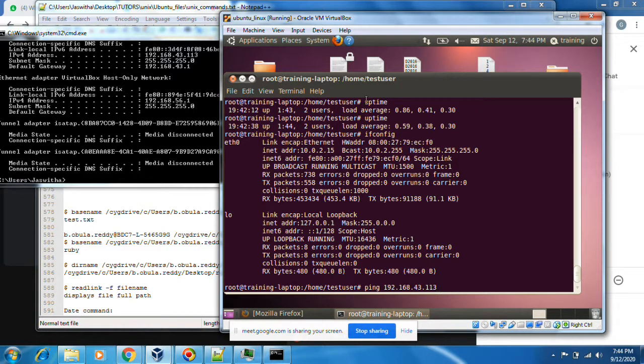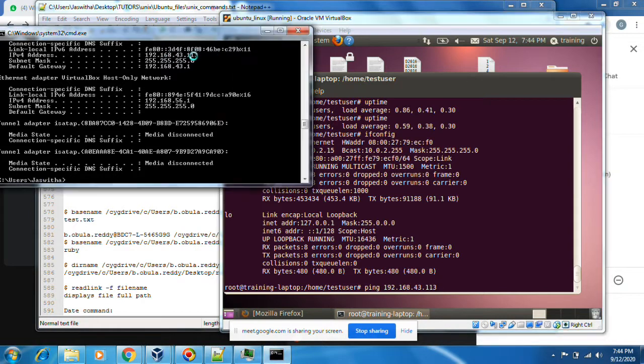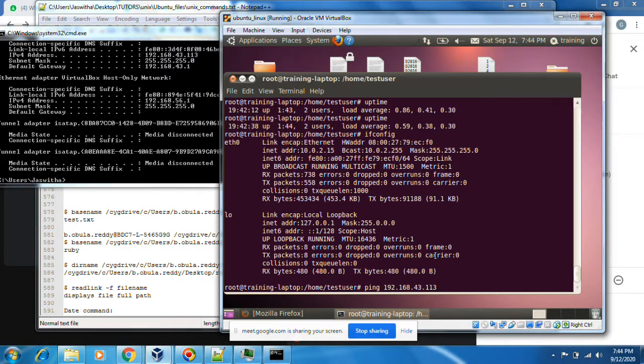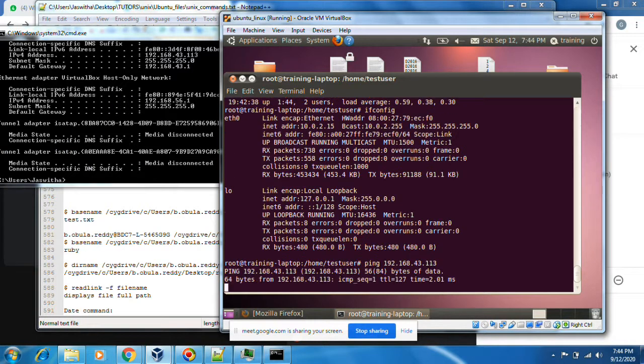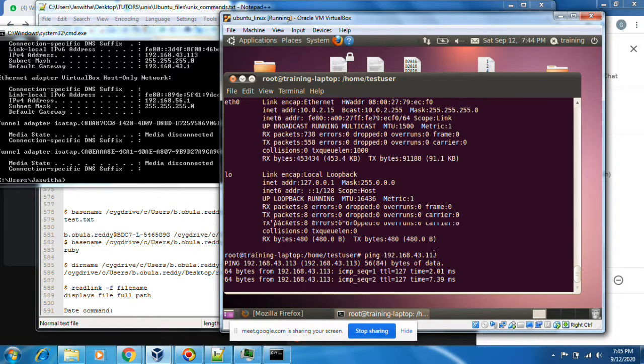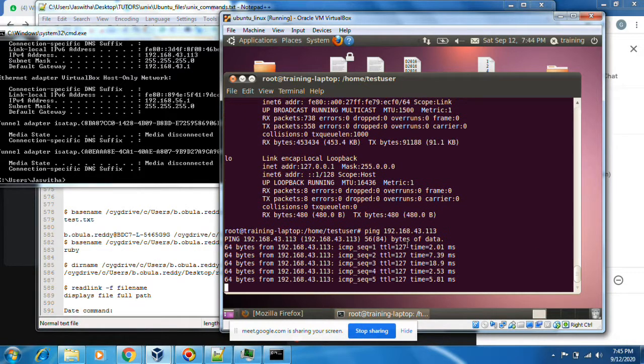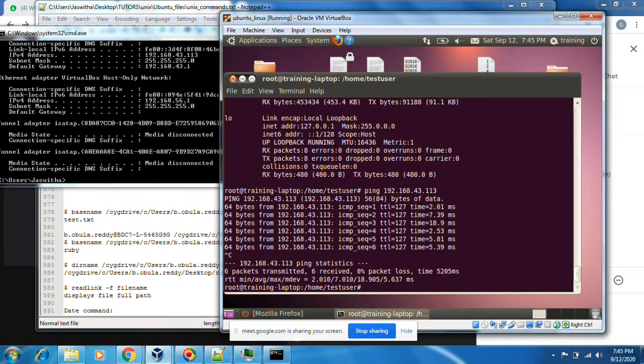I am just pinging this IP to check whether this PC is accessible from this PC or not. The information is coming out, and ping statistics came. If this output does not come, then we can confirm that this system is not accessible from this system.